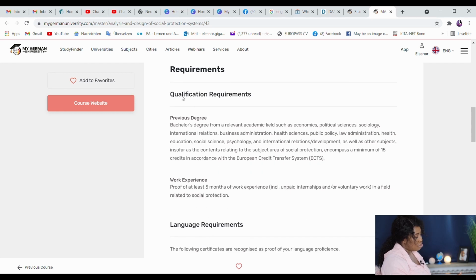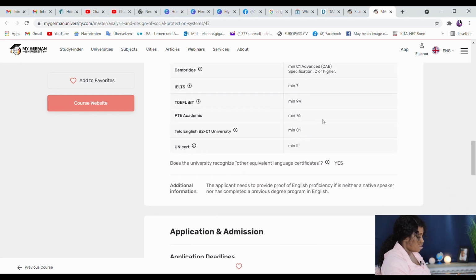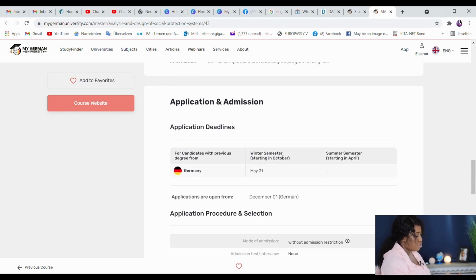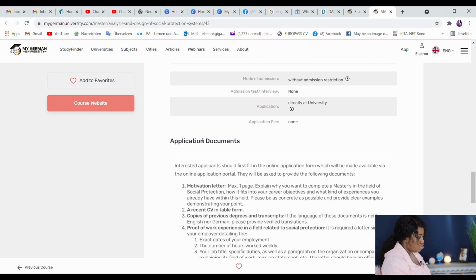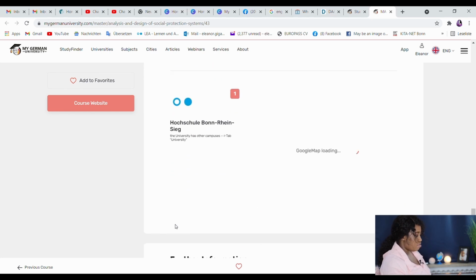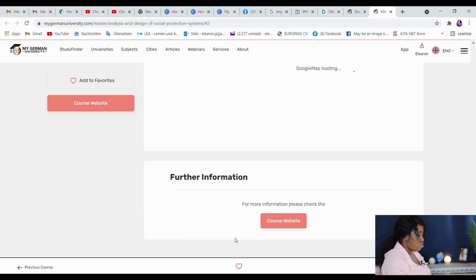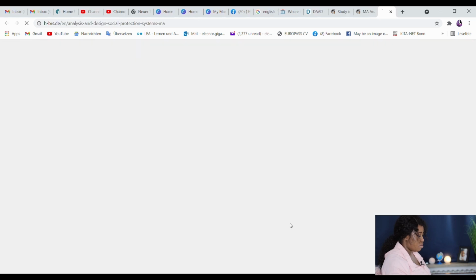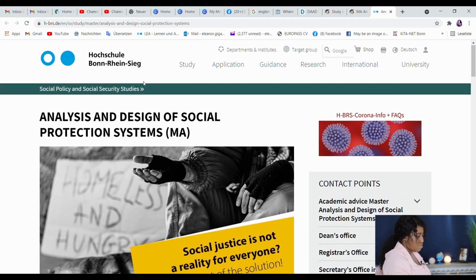So I get the qualification requirements here. You get the language requirements here, and I know that for this program they don't require German. And you get the application documents. So if you check everything here and you still want more detailed information, you can click on the course website. It takes you directly to the course website,